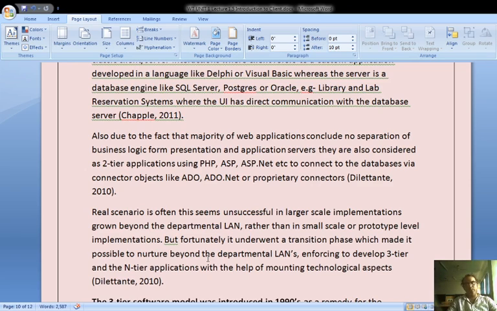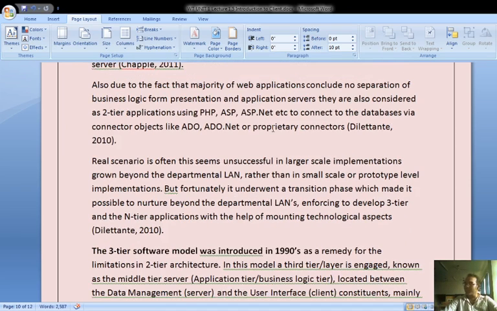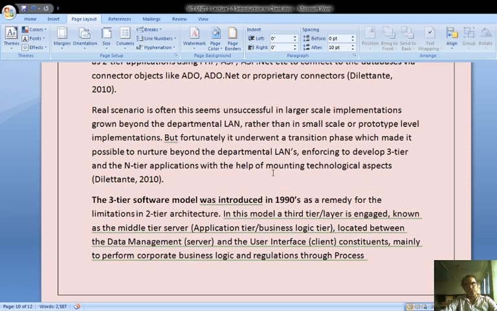We are able to add more functionalities, and these more functionalities create somehow a load balancing issue. Due to this, we need to introduce a 3-tier model.